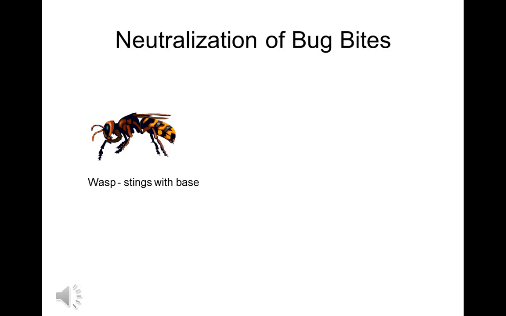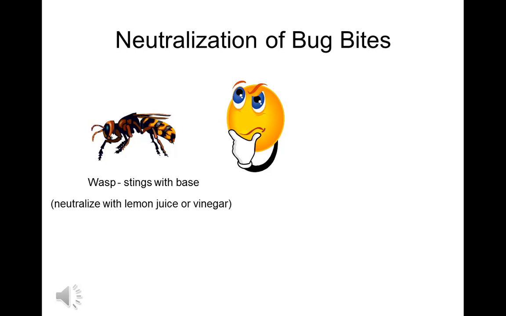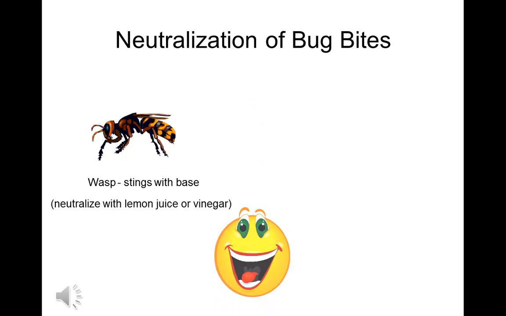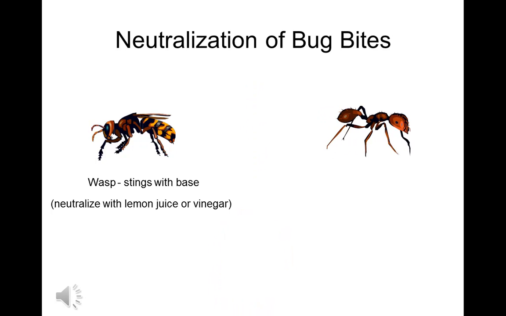So if we want to neutralize that venom and it's a base, I think you guys all understand what we need to do: we need to neutralize it with an acid. In this case, you might want to use some lemon juice, maybe some vinegar. That would then hopefully neutralize the base and make that painful wasp sting a little less painful. Yay! On the other hand, if we get stung by a red ant,